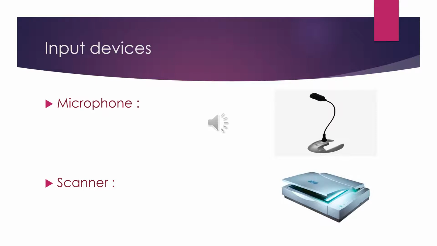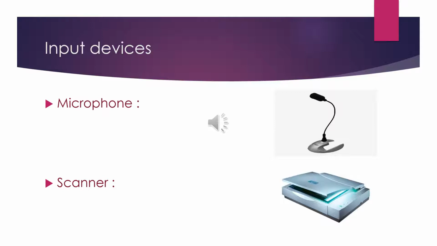So, in the previous slide, we have studied about 3 input devices, which are keyboard, mouse and joystick. In this slide, we will be studying about the remaining 2 devices. The first one is microphone. A microphone is used to record sounds and music in the computer. As you can see in the picture,